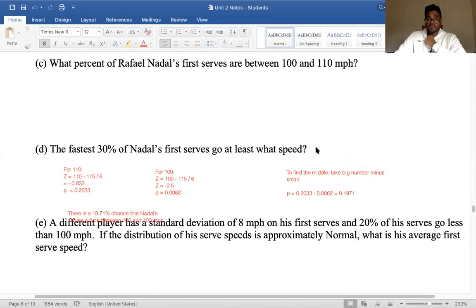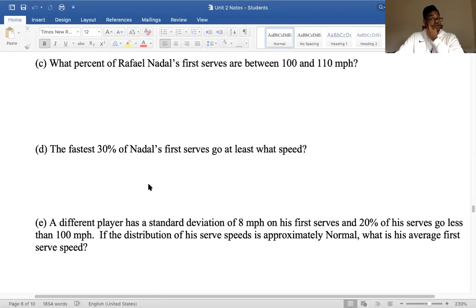Okay. The fastest 30% of Nadal serves go at least what speed? So this is the opposite direction. We've got to find the percentile on the chart and then look at the corresponding z-score and solve backwards. Again, be careful and make sure you read the question. We're looking at the fastest 30%. So what does that mean in terms of values that are below? 70% or below. So fastest 30% means 70th percentile,